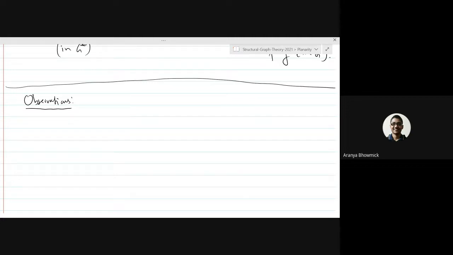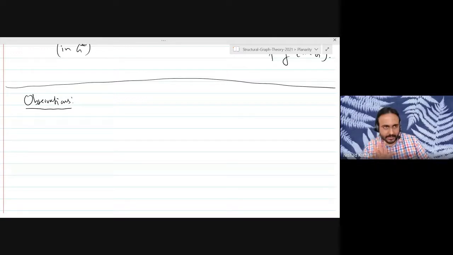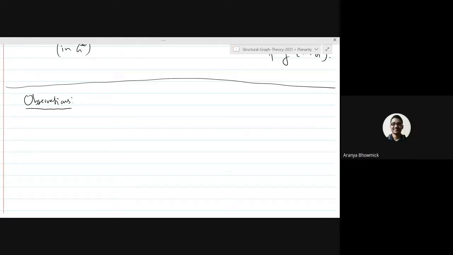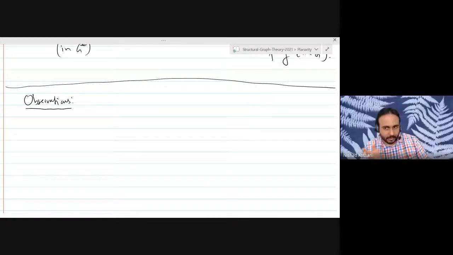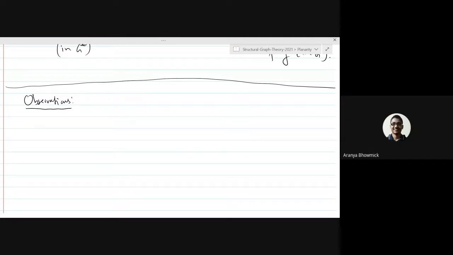Before you go further, is this definition of dual significantly different from the one we are discussing, or is it almost the same? The difference is that the dual will always be a simple graph for simple G. So are you taking the underlying simple graph of what we are doing? No, I am not taking the underlying simple graph of what you are taking. Oh, I see. I am defining it in a slightly different way.